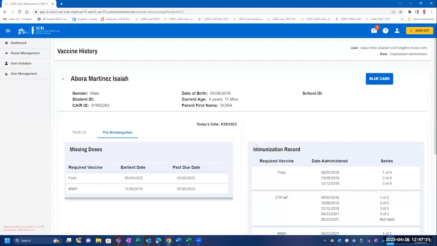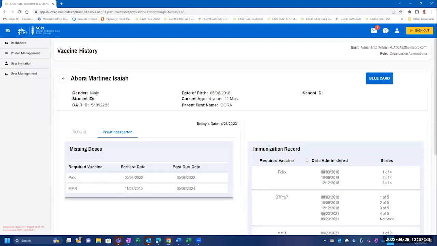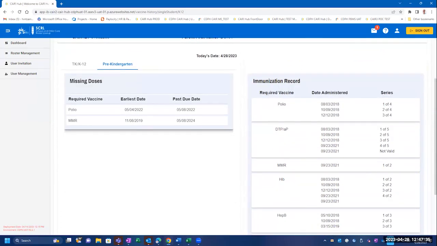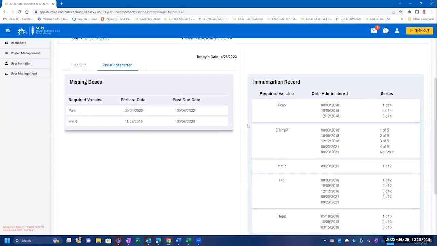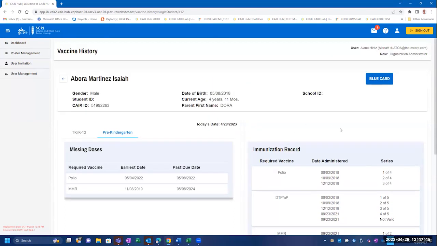Here you will also be able to see the child's immunization record, the required vaccines, the date administered, and the series if applicable. From the vaccine history page, you can also print the child's blue card.